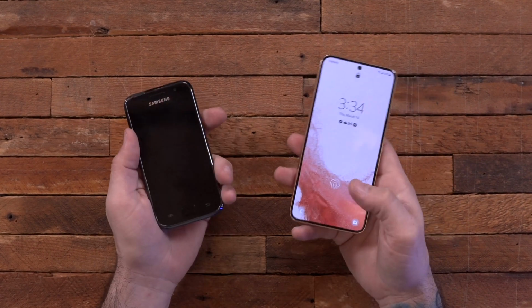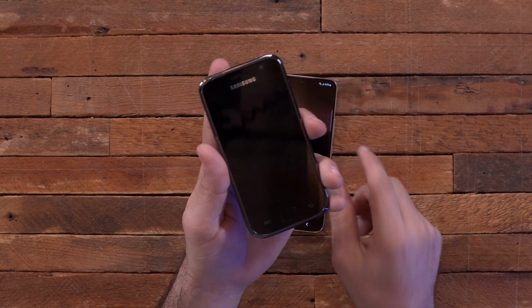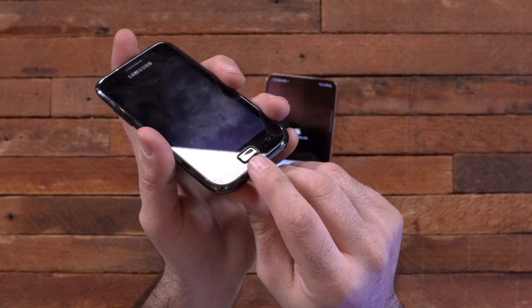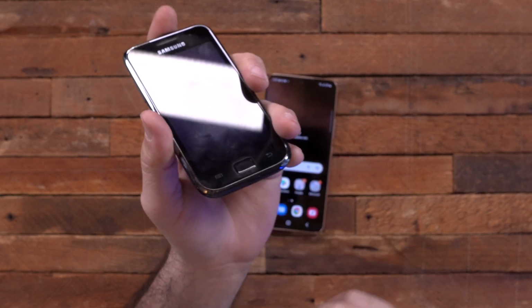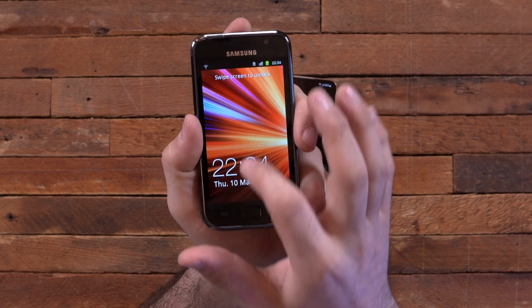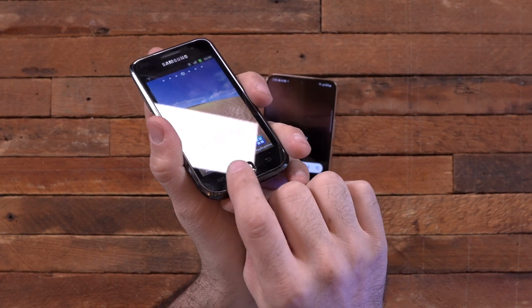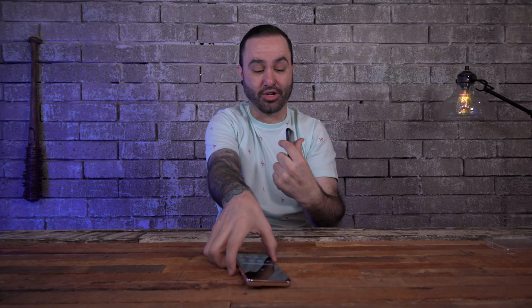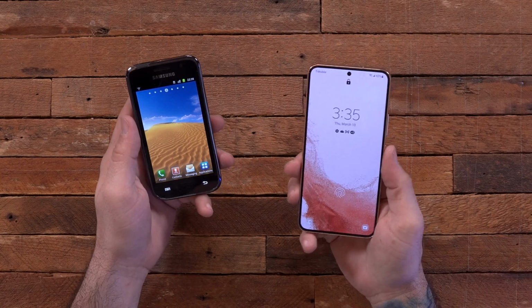And we even have fingerprint sensors under the display. Like, that's pretty crazy versus, well, what is this? This is not a fingerprint sensor. Remember these guys? This is a home button. When you wanted to turn on your screen or go back to the home screen, you'd have to press this little button right here. It's a physical button. I know, that's crazy. Obviously, we had headphone jacks,